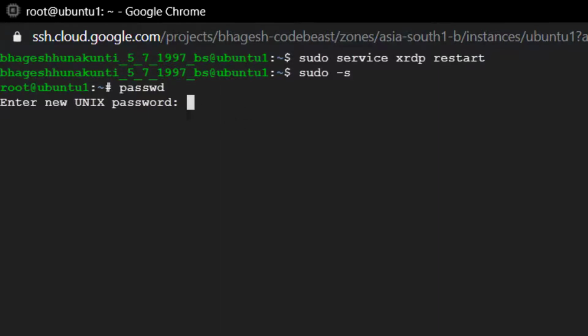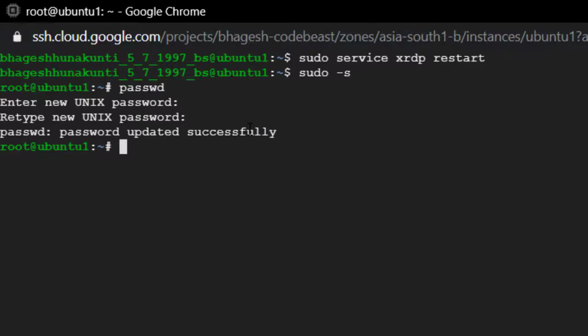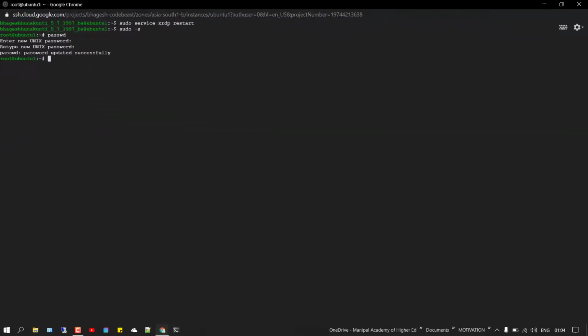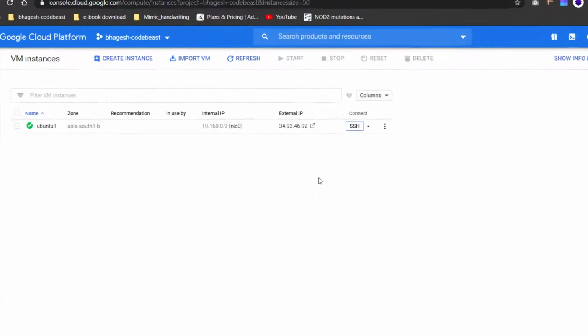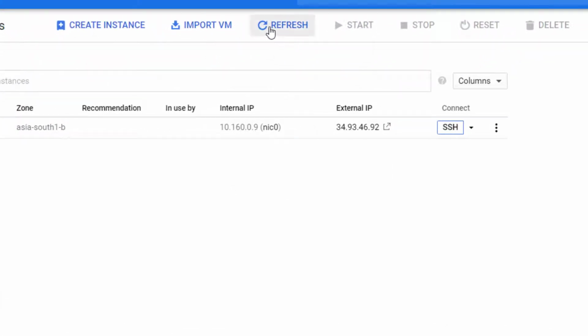Make sure to set something which is very easy to remember. Since it's Ubuntu 1, I'll just type in Ubuntu 1. I'll type the same password again, Ubuntu 1. Yeah, password has been set successfully. Now all you have to do is minimize this. After this, click on refresh.